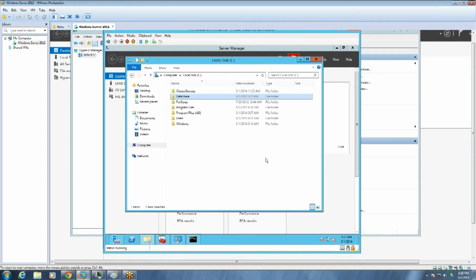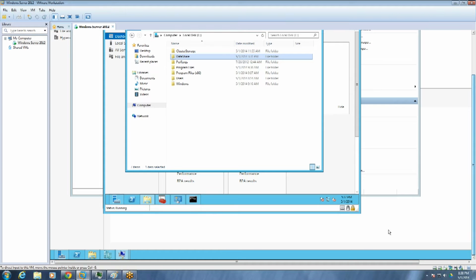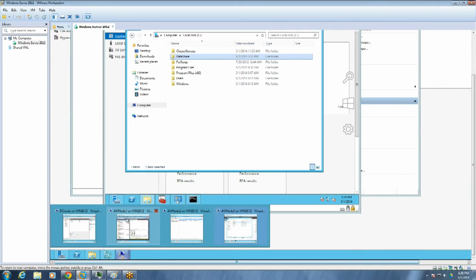Do you remember that? We are going to provide this share so that our transaction log backups can be copied over to this one, or if we are doing a full backup, that can be copied over to this one. Anyway, let's go back into node 1, on which we were trying to set up Always On.